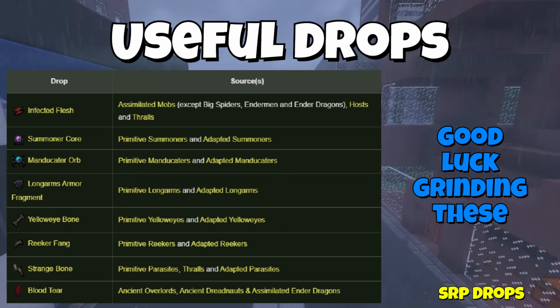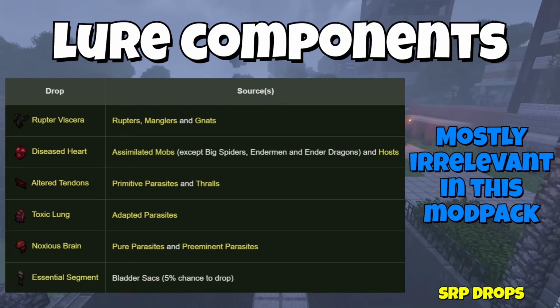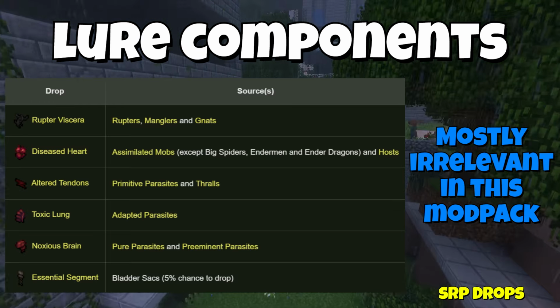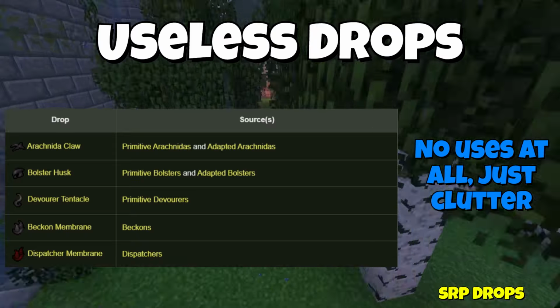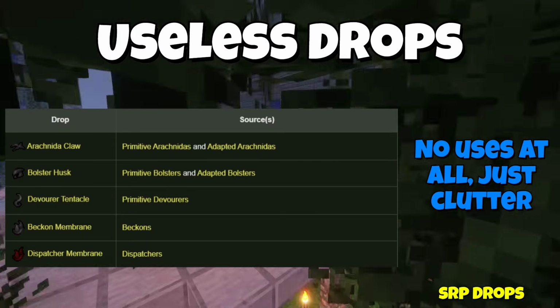There's actually a lot of items that you don't need, like Lyra components. This is tied to the evolution system that is not really used on this mod pack, but if you care, I still put them here. Otherwise, you're not really going to use them. The truly useless drops are being shown right now. There's no recipes currently for these items, but maybe when the mod pack is updated or for later versions, this